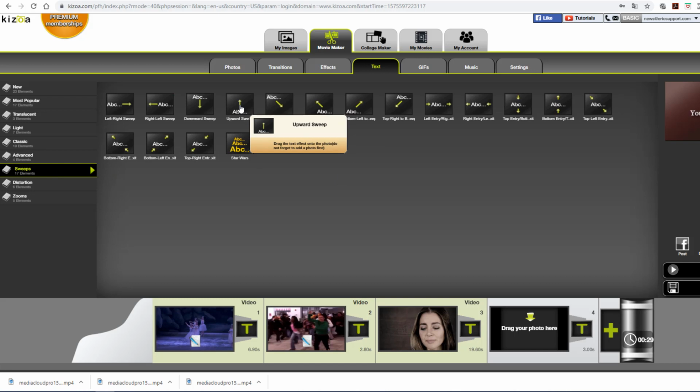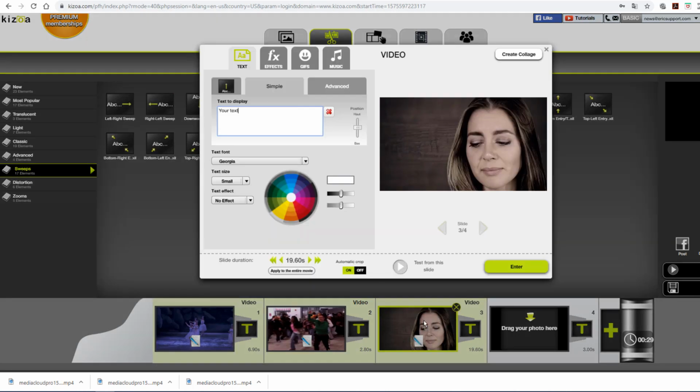I think so. I need something that scrolls. I think the sweep, the upward sweep, I believe, is probably kind of what I'm looking for. Or is it the downward sweep that I want? Yeah, I think the upward sweep. We'll use the upward sweep. I'm going to go ahead and drag that onto this third video clip. Okay, and so